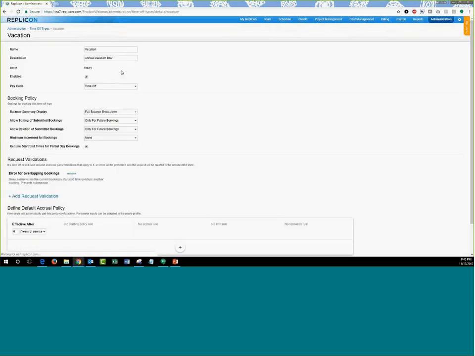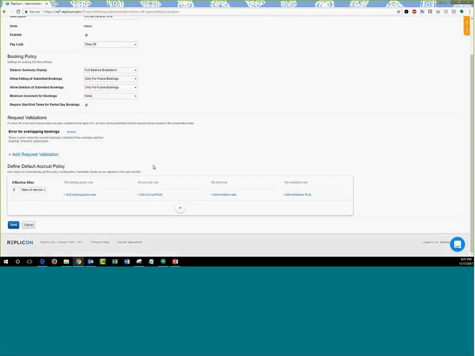Now, under vacation, apart from the other things that you can set up, for example, the balance summary display, or whether you're allowing the editing of submitted or deleting of submitted bookings, you can also set up a policy right here, which is called the default accrual policy. The default accrual policy gets automatically assigned to every new user that you create and assign this time off type to.